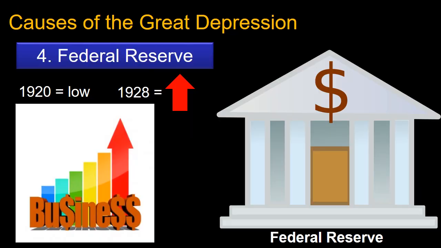The Federal Reserve made some mistakes in their monetary policy that contributed to the Great Depression as well. Remember that the Federal Reserve controls the money supply. In 1921, interest rates were low, which encouraged consumers to purchase goods on installment plans. This led to many banks taking more risks, loaning money to businesses that began to overproduce their consumer goods. With too many goods on the market, they were forced to lay off workers to cut costs. In 1928, the Federal Reserve raised interest rates, restricting the availability of credit. With credit limited, Americans bought less, further hurting the economy.